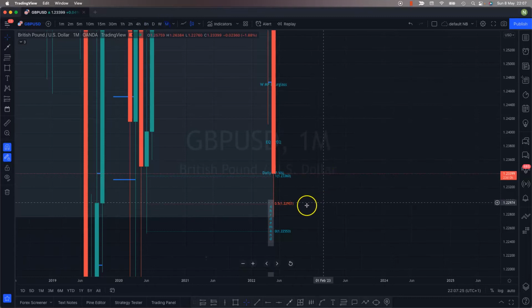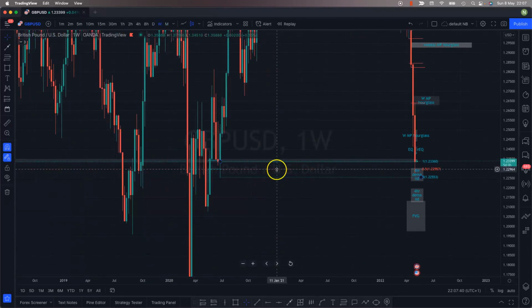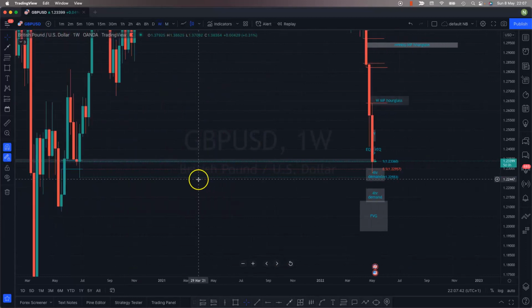When we go back onto the monthly chart, you can see where I've marked that inefficient wick. So effectively, it's this area I believe I was looking at in terms of it getting mitigated. And we want to see how that plays out. So even on the weekly, when we go down and check this area here, it was the weekly wick that I was looking at. So this inefficient zone on this wick has been tapped 50%, but the market hasn't bought out of it aggressively.